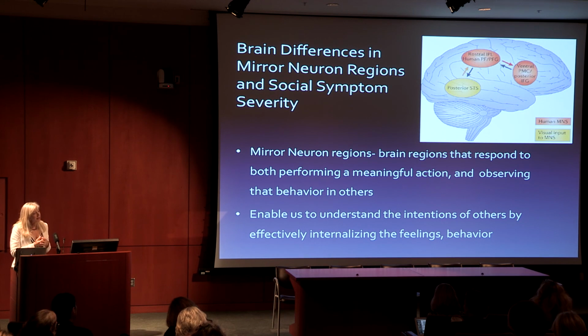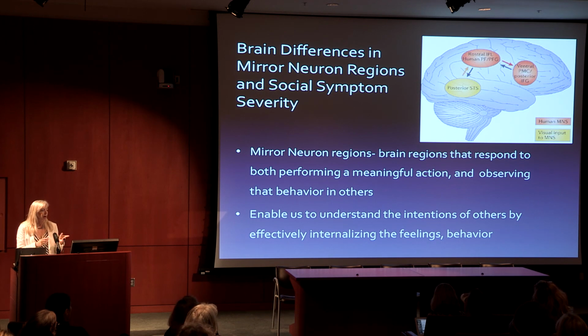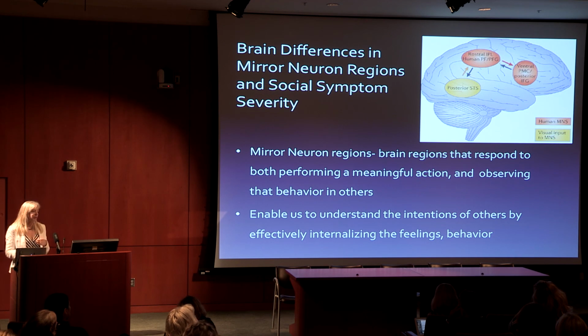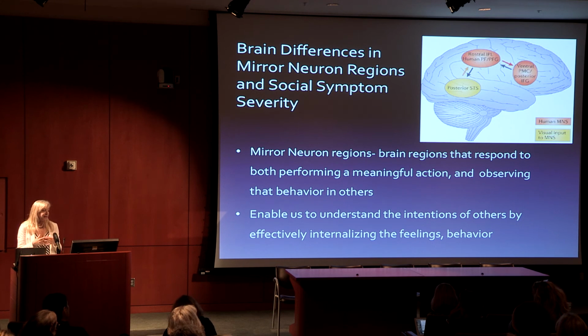I also wanted to mention this other network of brain areas, the mirror neuron system that my colleague Marilla DiPreto has studied extensively. These are a series of areas in the brain, the inferior frontal cortex, the inferior parietal lobule, and the posterior superior temporal sulcus, as well as some subcortical regions. These are areas that are active both when an individual performs a meaningful motor behavior and when they observe somebody else doing it. The idea is that this is, first of all, essential to imitation, but it's also essential to understanding what somebody else is doing by internalizing it yourself.